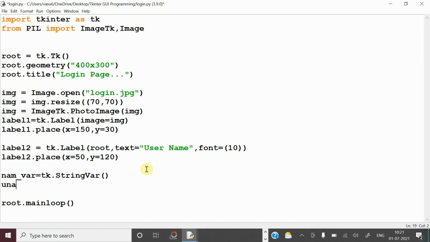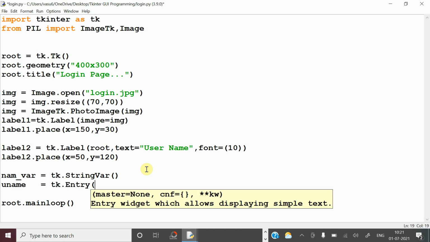Now for that I am giving the name, uname is the name given for the text box, so within that user can enter the data. Now uname equal to, now I have to use the entry widget, so entry. In which place it should be there, in root window, in which frame it should be there, that should be mentioned clearly. And after that text variable means what are the data entered by the user, in which variable it should store. So here I have created one variable for username, so same variable has to give, name underscore var, within that variable data will be stored. And after that you can give width of the text box, I'm giving around 15.